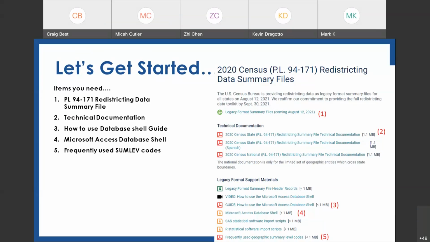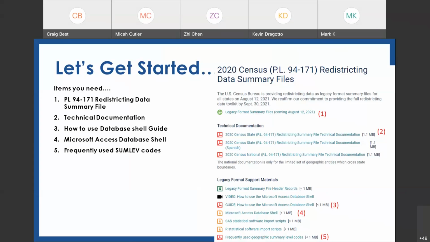I know a lot of people that are probably good GIS people hate reading documentation. I am also one of those. But you know what? It's going to be required for using this data. It's a 247-page document. I'm not telling you to go print it, but it's certainly something you want to have handy. It's a PDF file that provides you information.